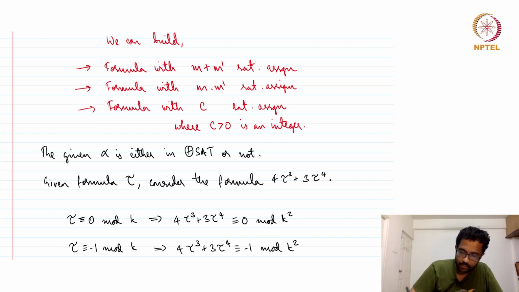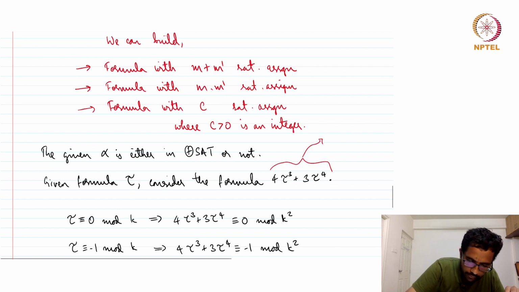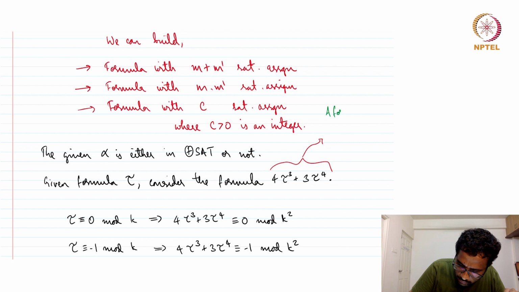So consider a formula tau prime that has 4m cube plus 3m power 4 satisfying assignments,